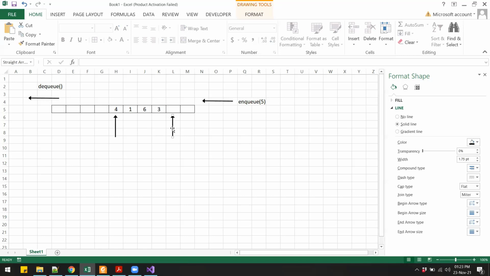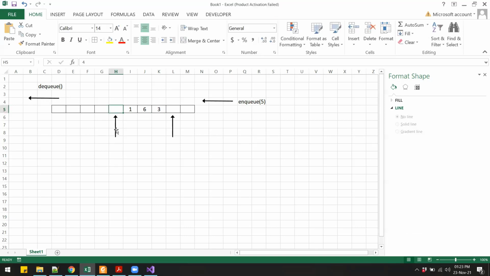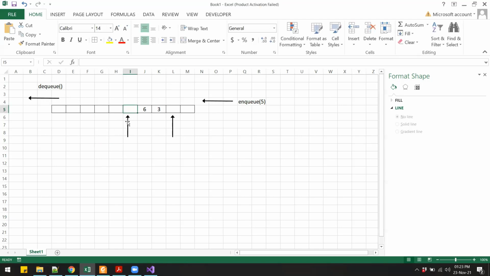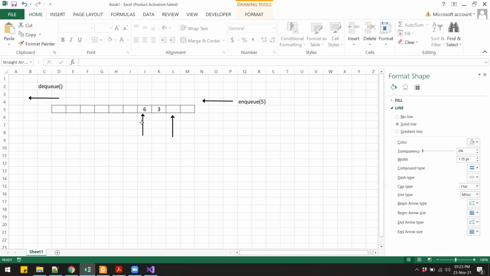Okay. Now, when will the queue become empty? Let us try to dequeue until it becomes empty, and then we'll see what happens to these 2 pointers. If I dequeue this 4, then that 4 goes away, and this front pointer will come to 1. Then if I dequeue 1, 1 goes, and this pointer comes to 6. Then if I dequeue, this 6 goes, and this pointer comes to 3.